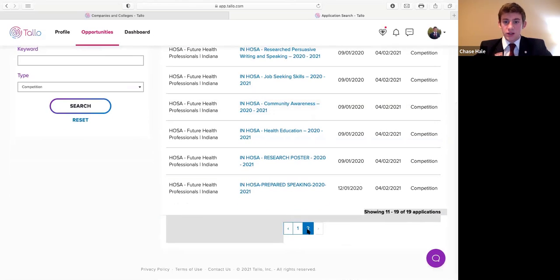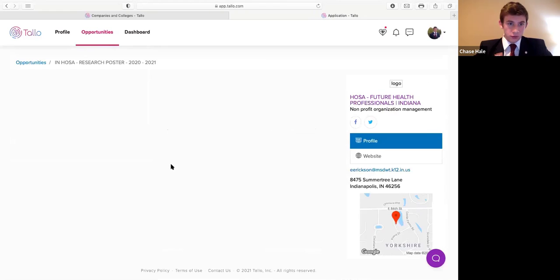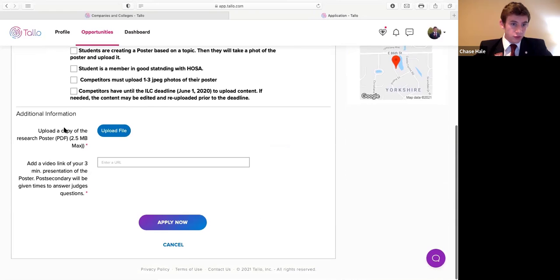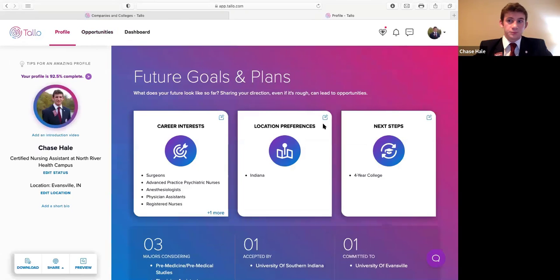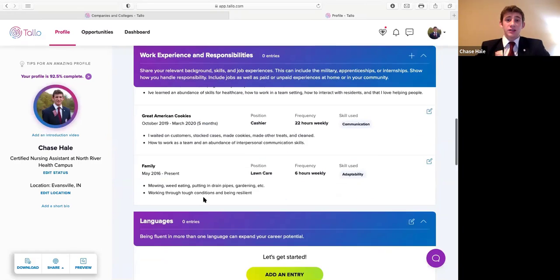Let's see if there's any other ones on here. Research poster. Let's check a research. Yeah, research posters are about the same thing. Okay, all right. Okay, and that is just a quick